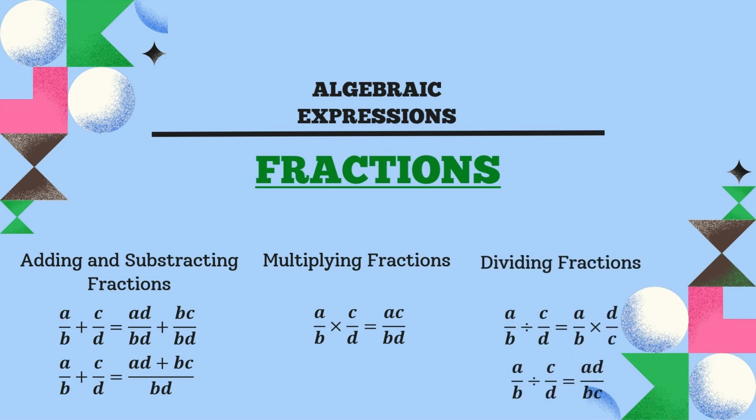Next, in dividing fractions, we need to recall that the second fraction has to be flipped upside down like this. So if the numerator first is c, then we have to change it to become the denominator. Also, in dividing fractions, when the second fraction is already flipped like this, the operation changes from divided to times.